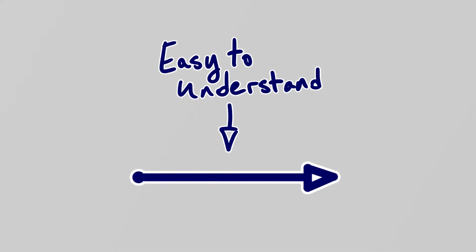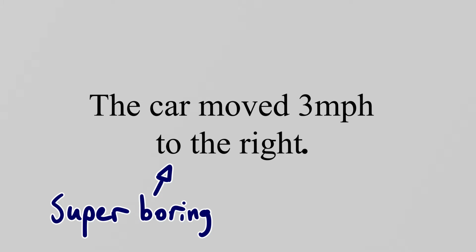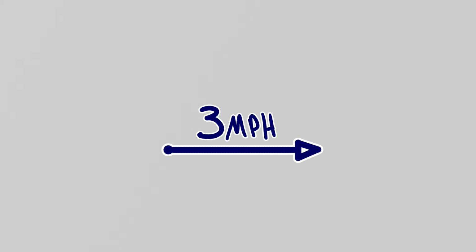These vectors are useful because they are ridiculously easy to understand. This is because instead of writing out boring old sentences in a boring old language that's barely understandable anyway, just bam, boom, and then people understand exactly what you're saying. Let's look at an example to make sure you've got this.